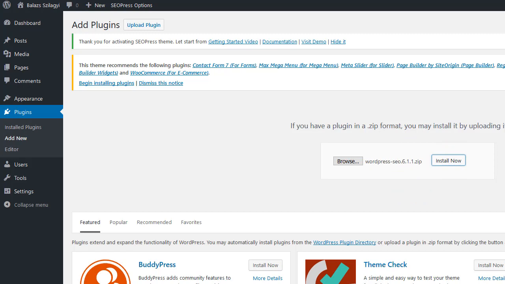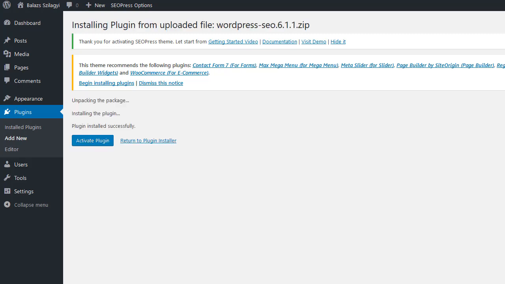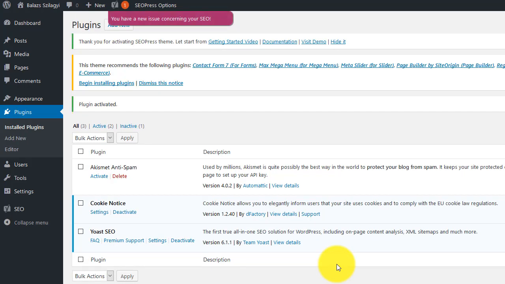This might actually take more time, because this time the whole plugin is being uploaded to your server from your computer. So it took about 10 seconds for me, 5 or 10 seconds. And same situation, plugin is installed and you need to activate it. Plugin is activated. Everything is done. This time we installed a very useful SEO plugin, which I would say you need if